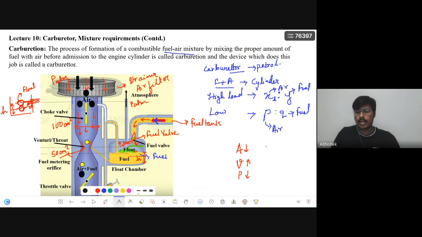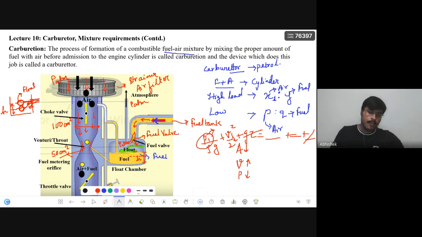The same concept you can see in Bernoulli's equation: P1 by rho g plus V1 squared by 2g plus Z, where the elevation term is not applicable here. If pressure increases, then velocity has to reduce to keep the total constant. A similar thing is followed here: where the velocity increases, the pressure will be lesser than